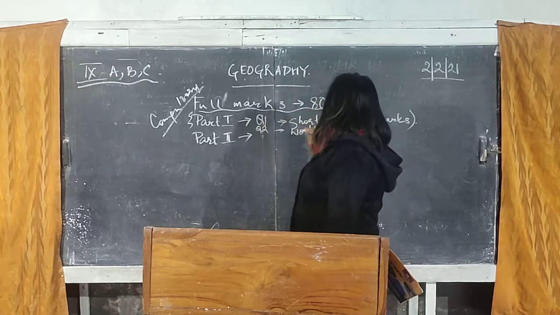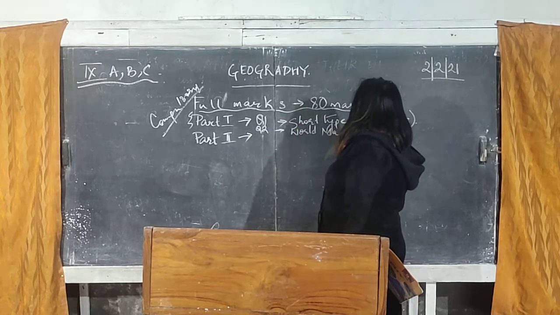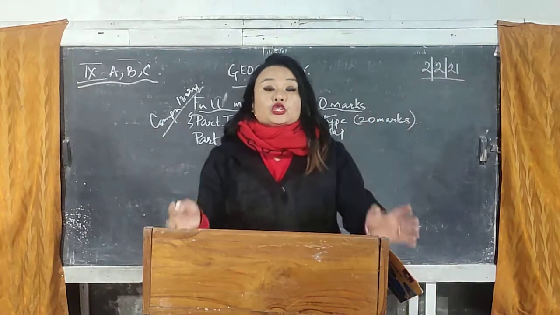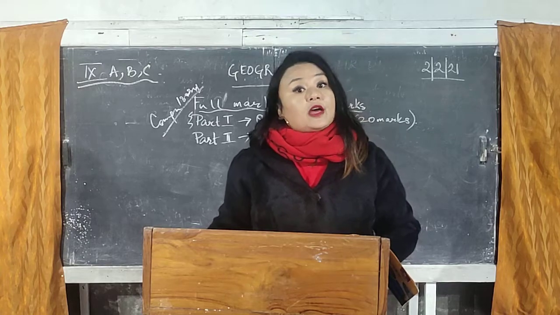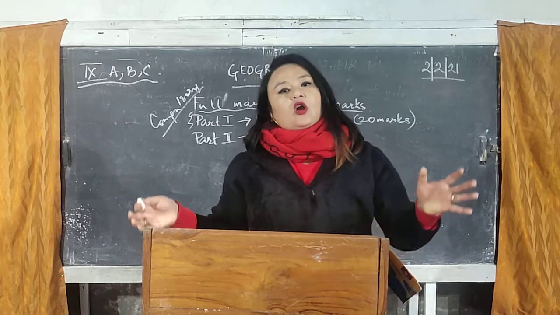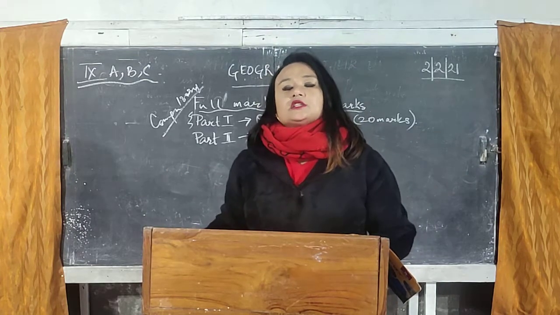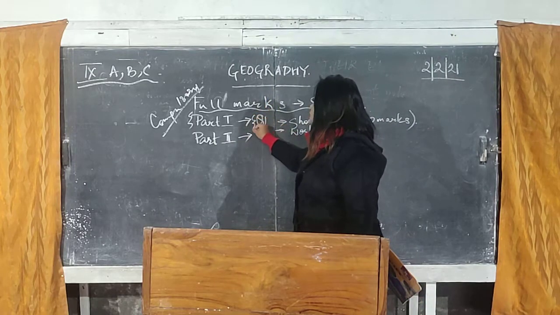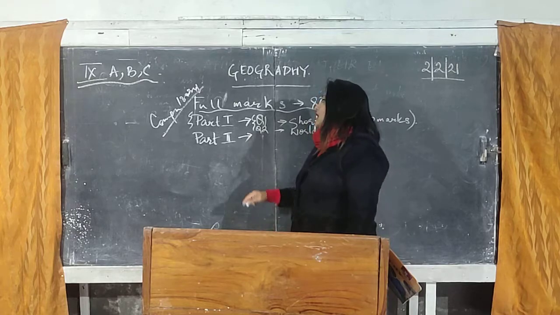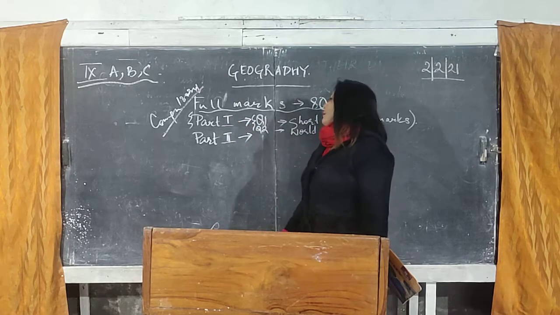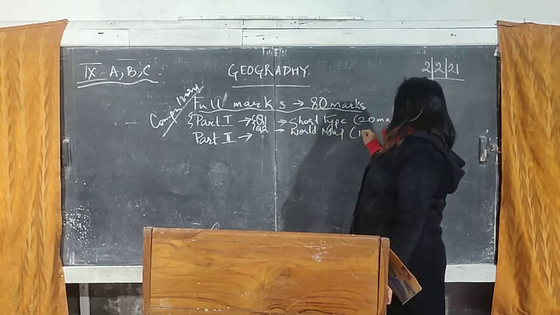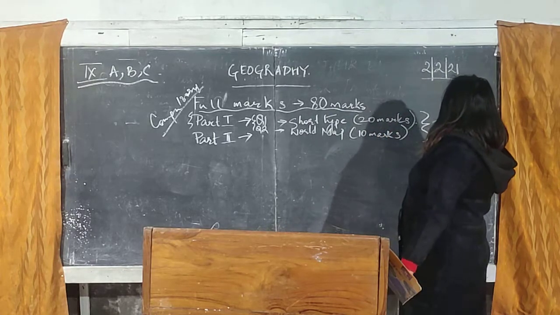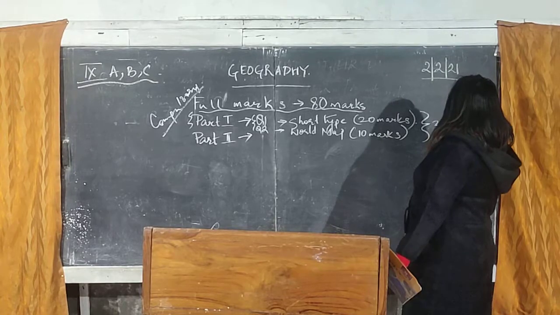You just want to concentrate on the world map, where you will be taking into account different kinds of physical features and different kinds of water bodies that you have in the world. The important ones are all taken into account under your class 9 syllabus for map work. So question number 1 and question number 2 are your compulsory part, which falls under part 1. The world map will be carrying 10 marks, so part 1 is for 30 marks.